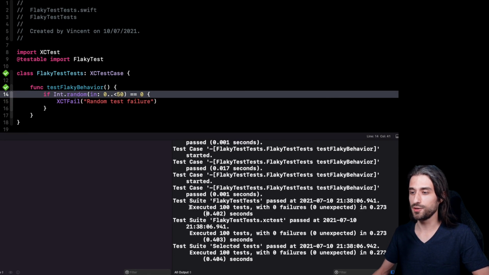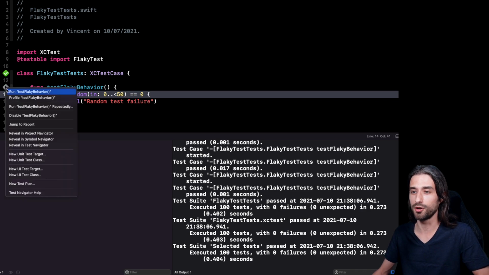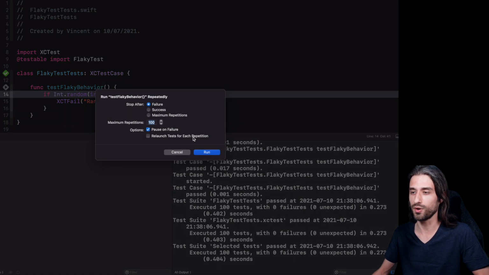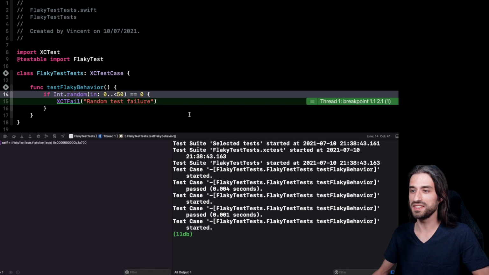So it's actually kind of funny what happened, because there were also 100 repetitions, but this time there were 0 failures. And it makes sense because the reason to fail is random. So last time we had 4 failures when the average is 2. This time we had 0. So it's also a possible result. So I'm going to just rerun the process once again. And this time, that's it. We have indeed triggered a failure. And as you can see, I now have a breakpoint where the test failed.